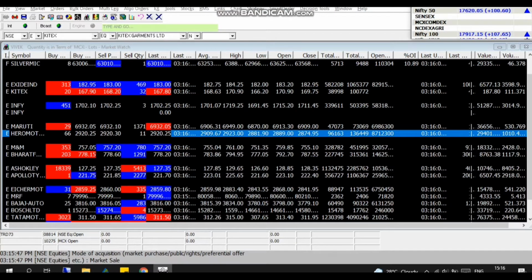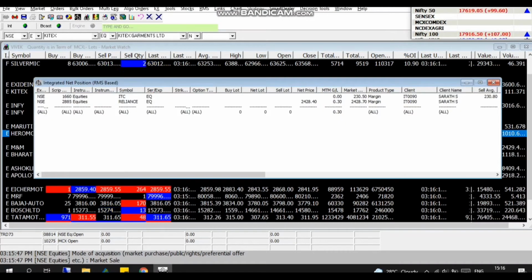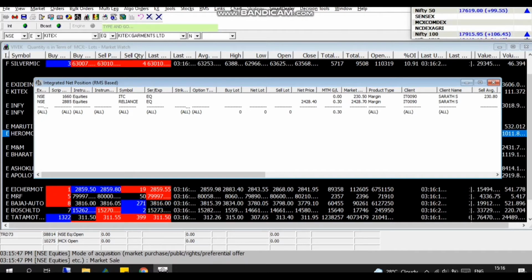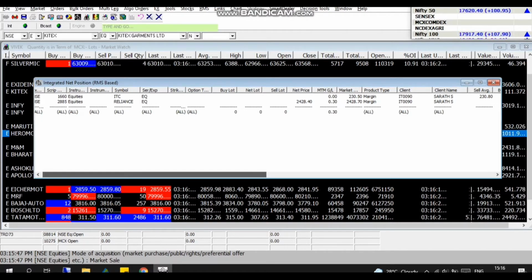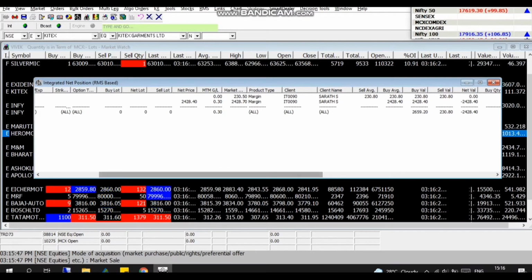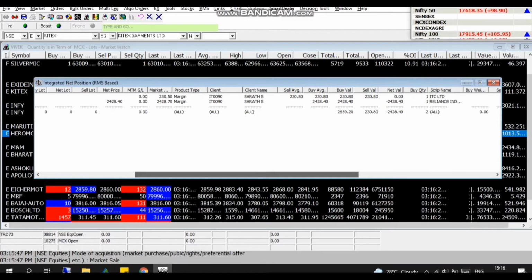So you will get the actual outstanding position as of now. I repeat, as of now, whatever the position is, you can see with all M2M quantity, everything. You can see everything like buy price, average price, net price, whichever columns you have added in your window.